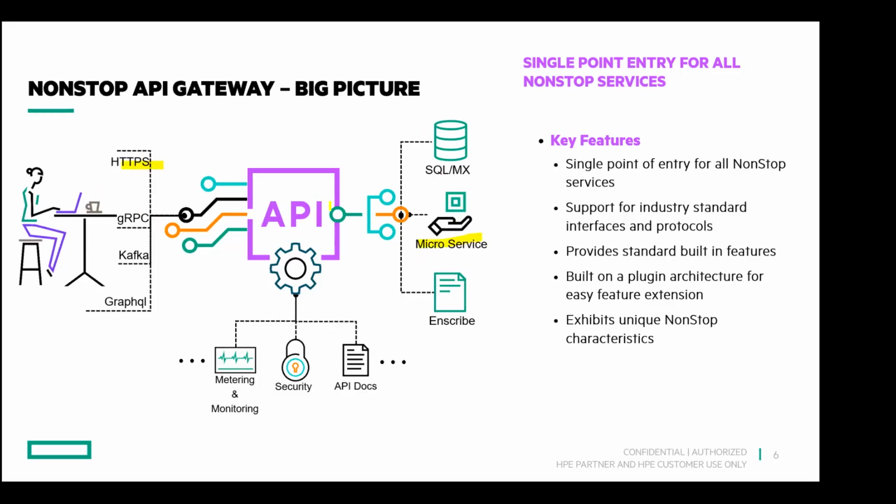There's another mode in which API Gateway can work, called proxy mode. In proxy mode, a client resides on the NonStop and a web service exists outside. Maybe a web service like Google Maps, or maybe a service that a private party is running, to which this client wants access, a NonStop client. So that goes in the reverse direction, and that's called the proxy mode. We support both in our API Gateway. We'll see this in the next slide.